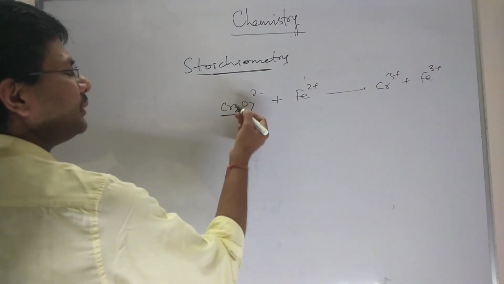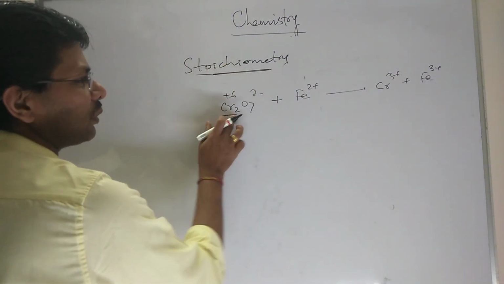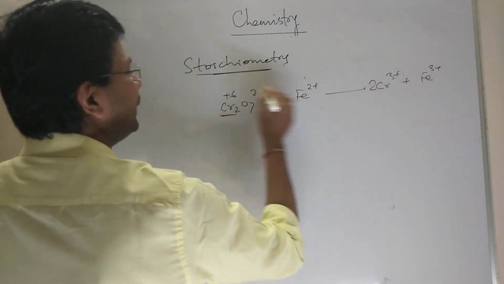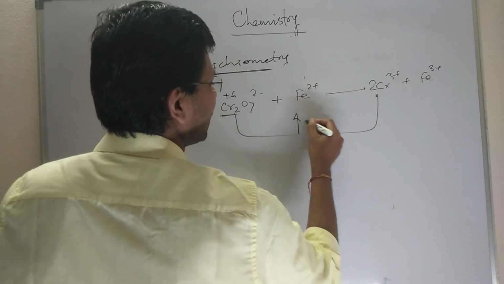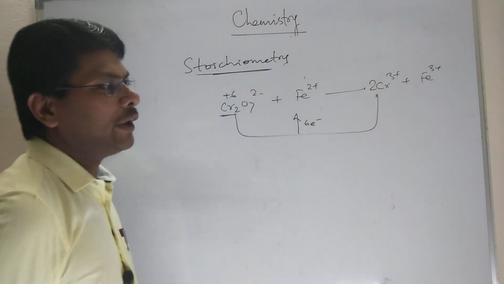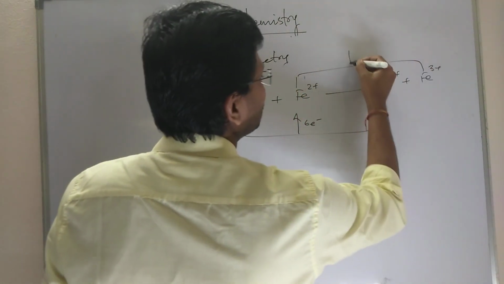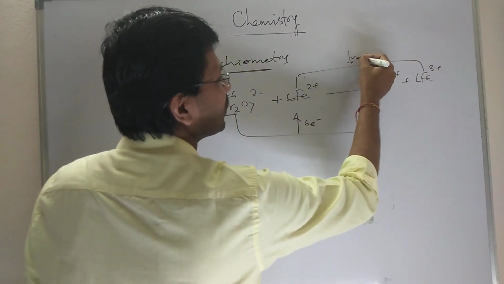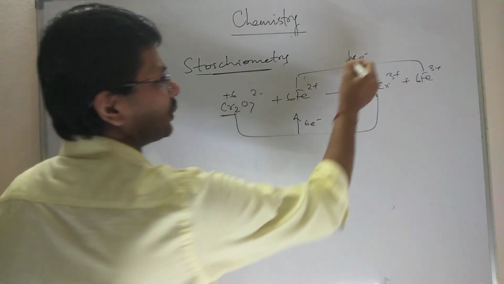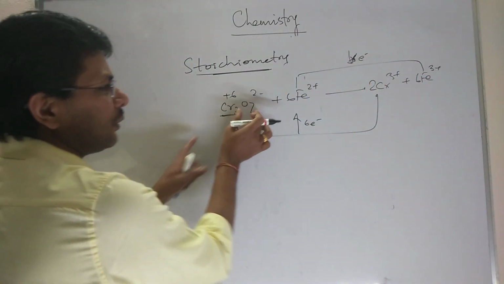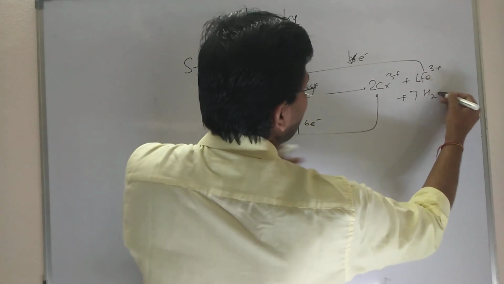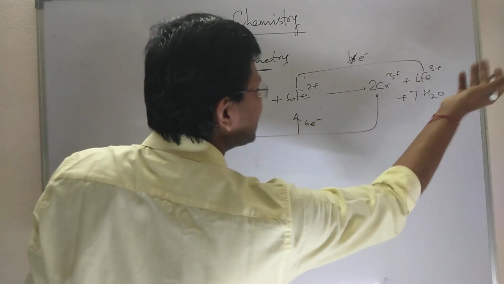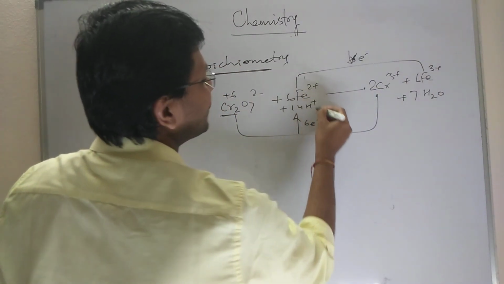So here chromium is in +6 state and here is one chromium, so we have to multiply. Here it is in +6 state, so +12 to +6. That means from here to here it is gaining 6 electrons. That means it is undergoing a reduction, and from here to here it is losing 1 electron. That means if we multiply this with 6, then this will also be losing 6 electrons, so it will be balanced. Now here is 7 oxygen, so what we need to do is we have to add 7 water. The moment we add 7 water, 14 H plus is increased. So if we write 14 H plus, this is the balanced equation.